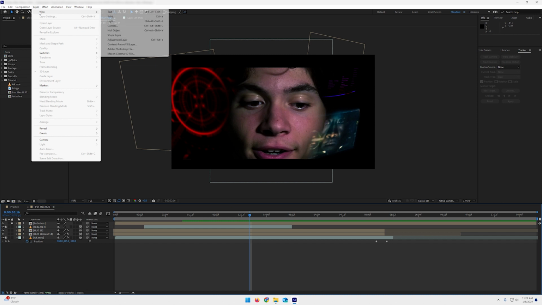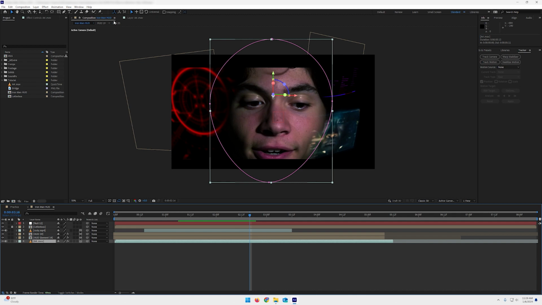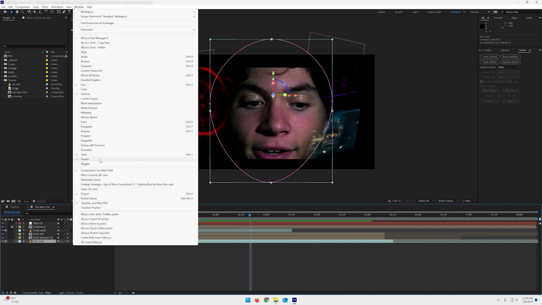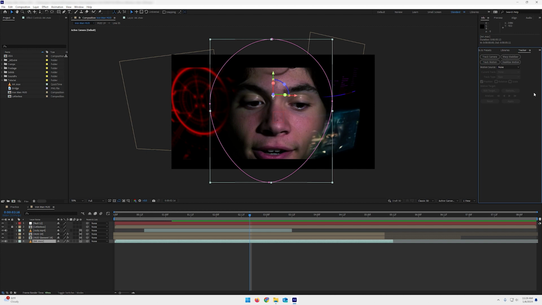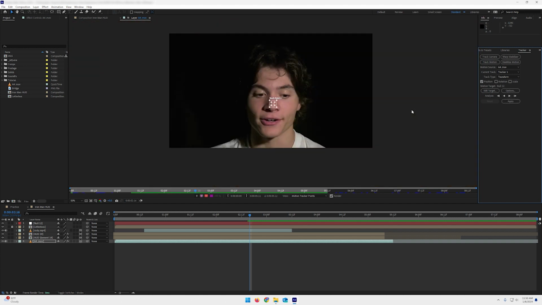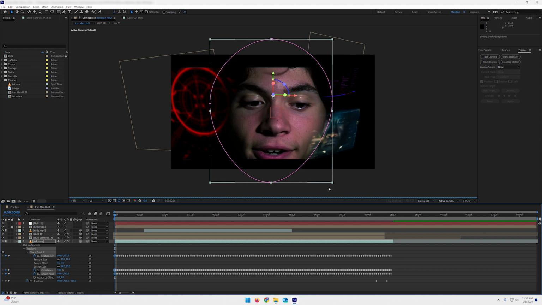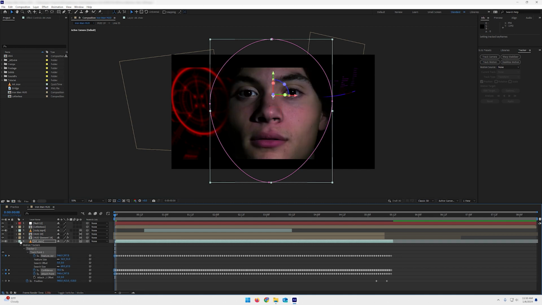So to do that, make a new layer, null object. We'll go to window, tracker, if it's not already selected. And we're going to track motion. We can track really anything. Track this spot here. Hit play. Once your tracking data is complete, just hit apply. Okay. Cool. So now we have our tracking data